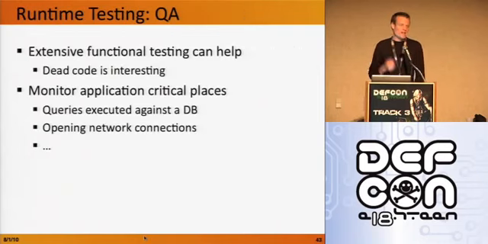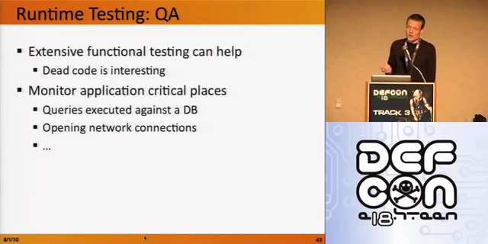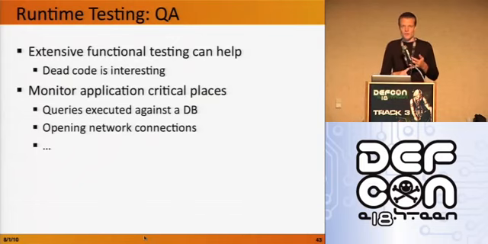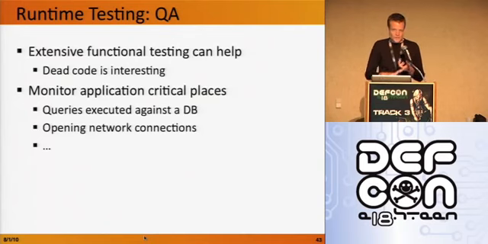Okay, so aside from static analysis, how might you track down insider threats? Your existing functional testing in QA can be pretty useful here. For the most part, you're looking for code that isn't run very often, and during a functional test, it's code that's going to look dead, in fact. If you have a mechanism for overlaying what's potentially security relevant, so talking to the database, talking to a directory server, printing content out to the web, executing shell commands, right? There are a handful of things that are security sensitive. If you can overlay your ability to detect dead code during functional testing with things that might be security sensitive,